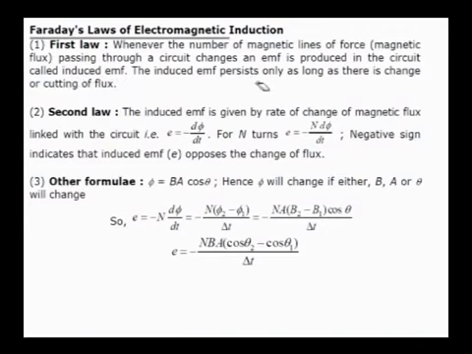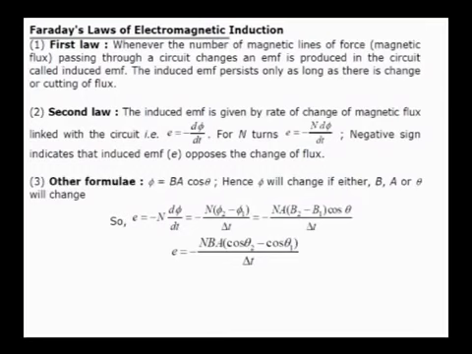The induced EMF persists only as long as there is change or cutting of flux. The actual meaning of the statement is, if magnetic field lines passing through any surface change continuously with respect to time or with respect to position, there is an EMF induced. This was shown by Faraday in an experiment called the coil magnet experiment, where a magnet was moved towards a coil, and as a result he found that the galvanometer connected across the coil showed some deflection. That deflection indicates there is some induced current, and the induced current is because of the induced EMF.